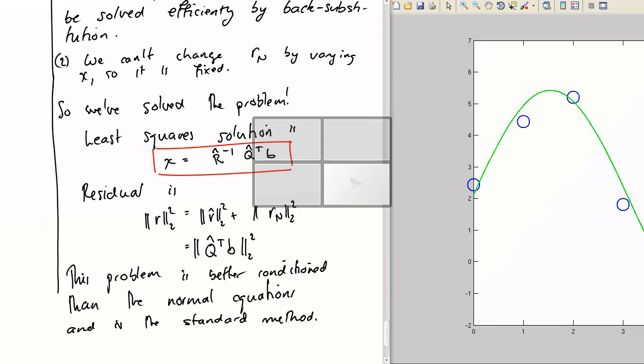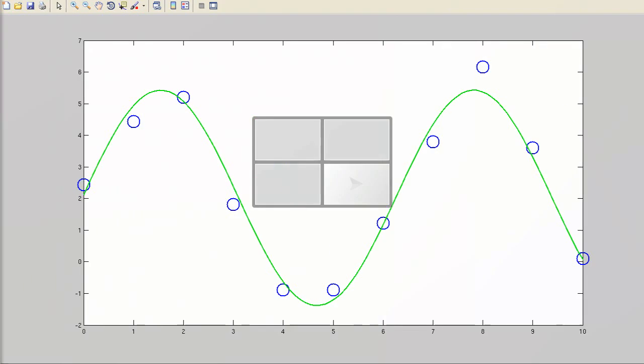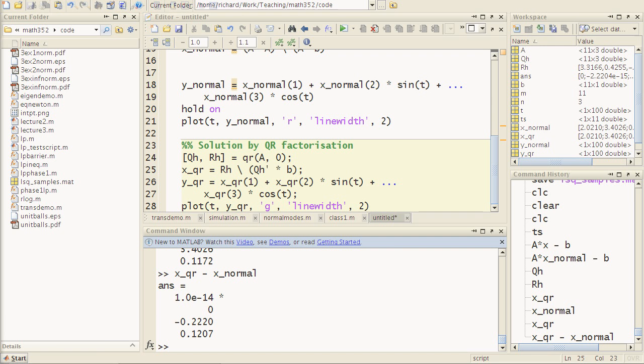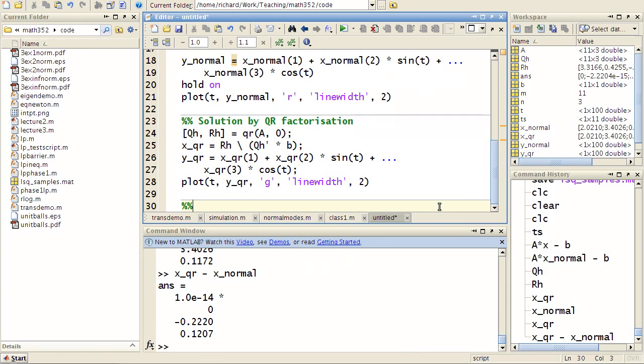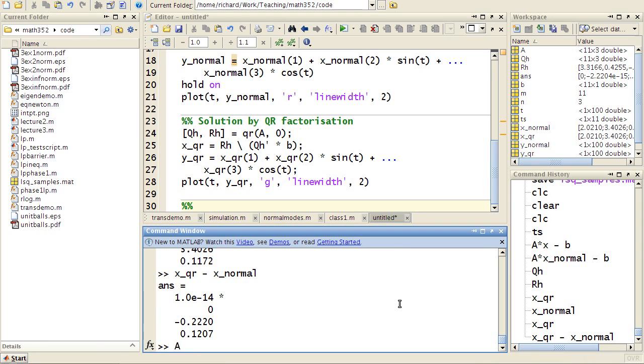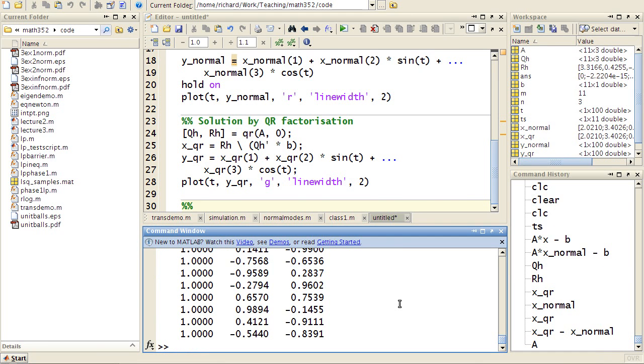Okay, and oh, I should mention one more thing. In MATLAB, you don't actually have to do it this way. MATLAB has its own built-in routine for least squares, and funnily enough, it's actually backslash. So if I just take A backslash B, and I've got a matrix A and B, which are the shape they are. So remember, A was, I don't know, 11 by 3, and B was 11 by 1. If I take A backslash B, so I'll just call this X